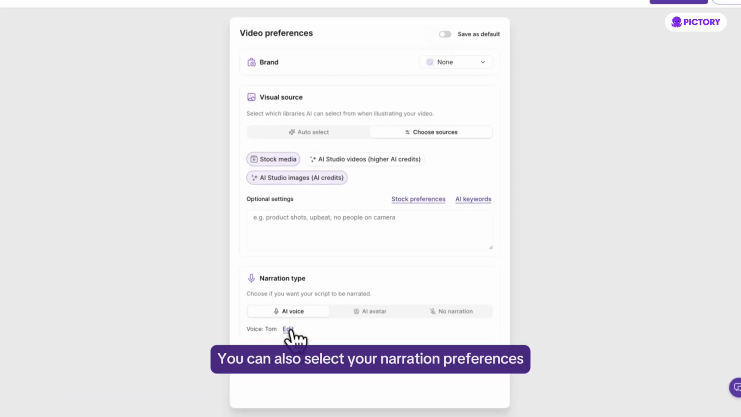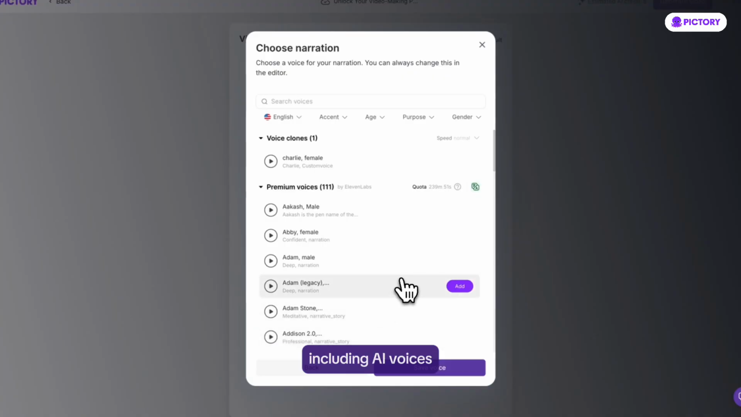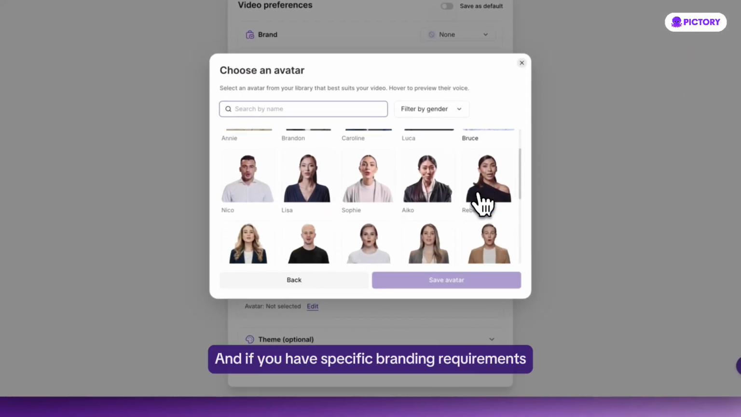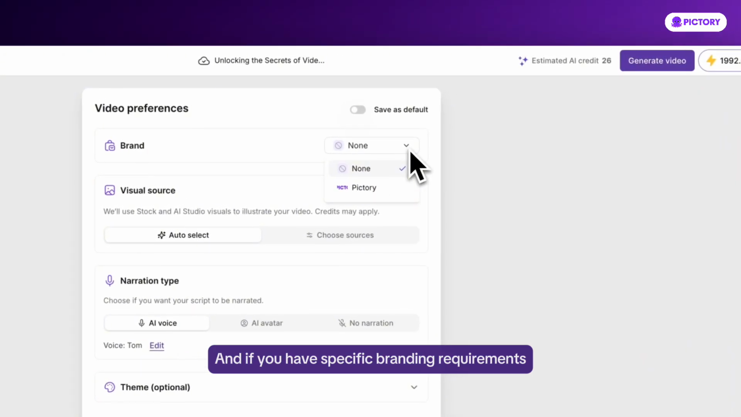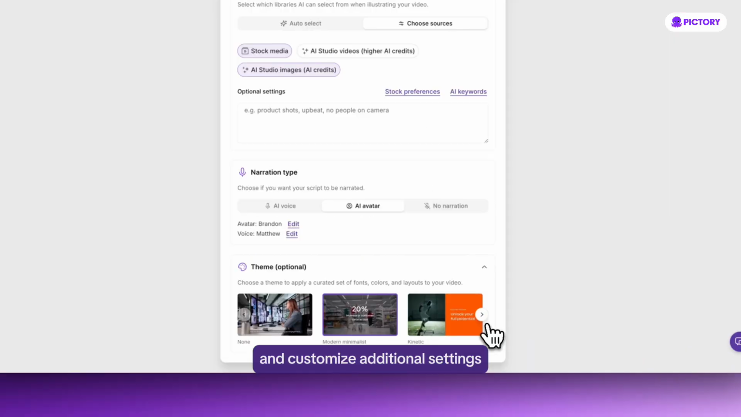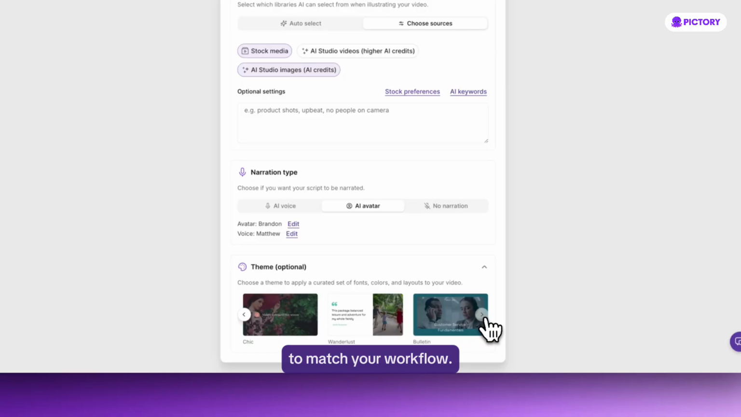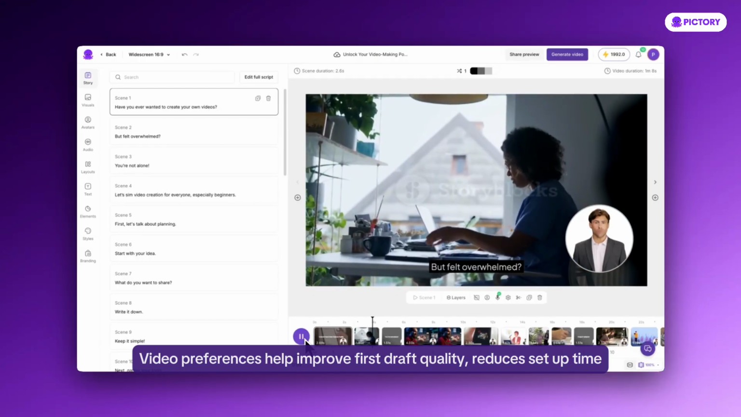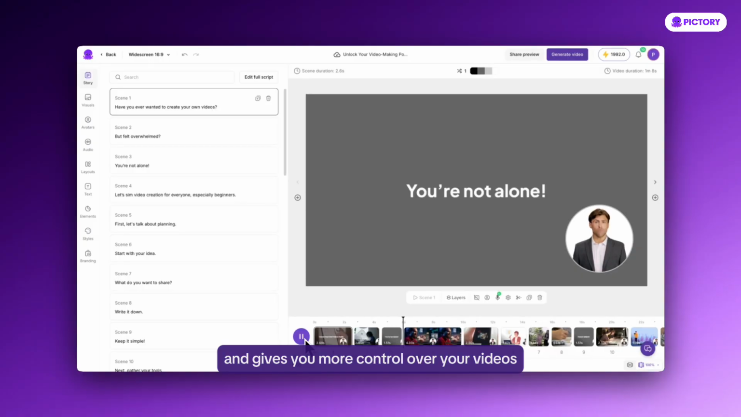You can also select your narration preferences, including AI voices, add in your favorite avatar, or no narration at all. And if you have specific branding requirements, you can apply a brand kit and customize additional settings to match your workflow. Video preferences help improve first draft quality, reduce setup time, and give you more control over your videos by